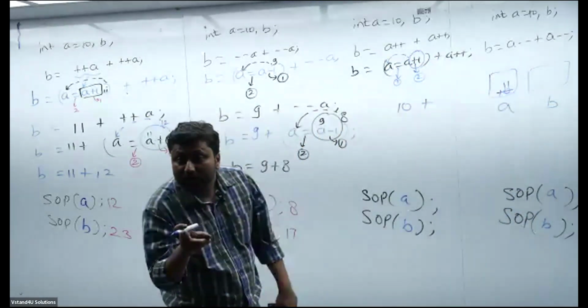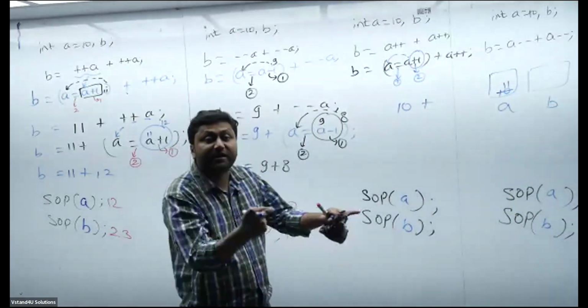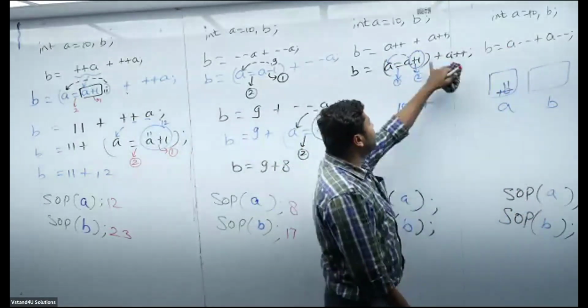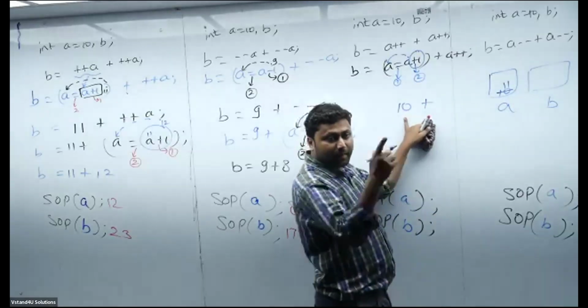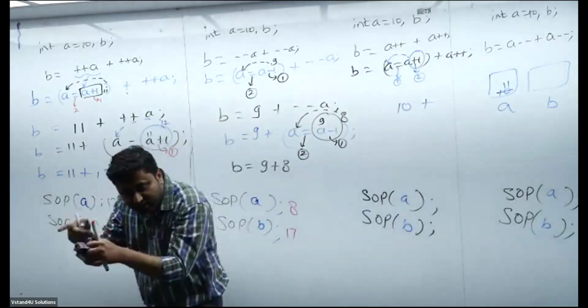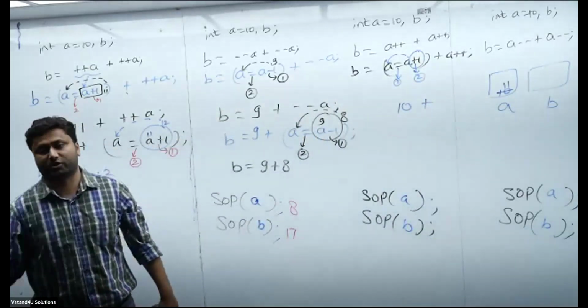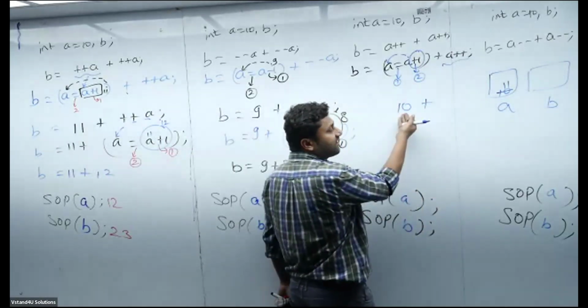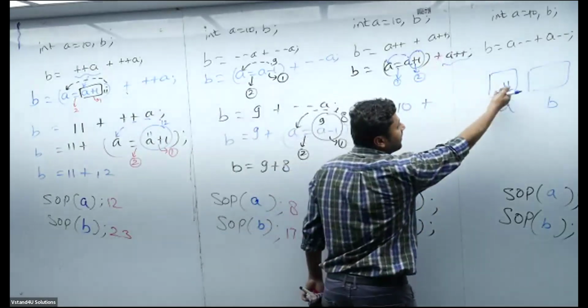Am I clear? Everybody pay attention in case of post incrementation or decrementation. First, you consider the current value. Then don't forget to increment. These are the two slippery points. First, take the current value for further calculation. We have not done this calculation yet. Consider the current value, and don't forget to do the increment also.